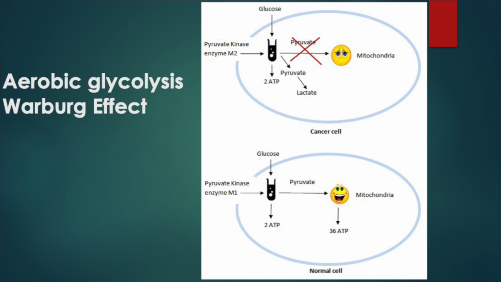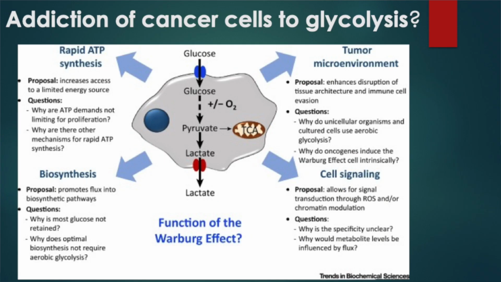Basically, cancer cells prefer to use glucose and convert it to lactate, and this phenomenon is called aerobic glycolysis. Approximately 4 moles of ATP are produced per molecule of glucose during this phenomenon. So in order to target a cancer cell, what do we have to do? We have to target this glycolytic pathway. That is what we are trying to do through metabolic alteration.